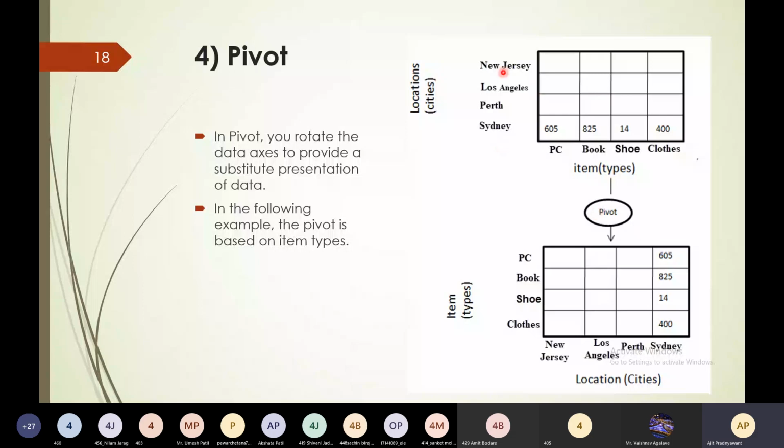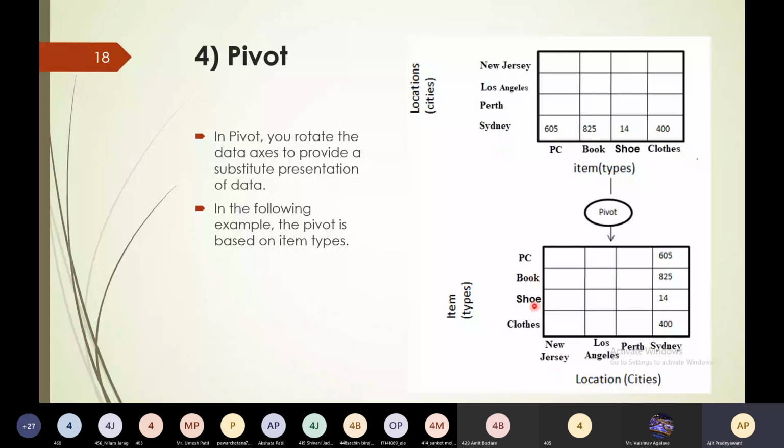Here, on this x-axis, New Jersey, Los Angeles, Perth, and Sydney's data is present, and PC, book, shoe, and clothes are present on the y-axis. We have just rotated this, and this is the result of the cube. The PC goes to the y-axis, and the cities go to the x-axis.